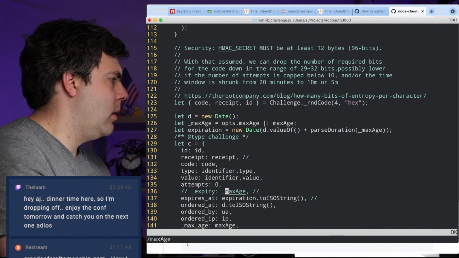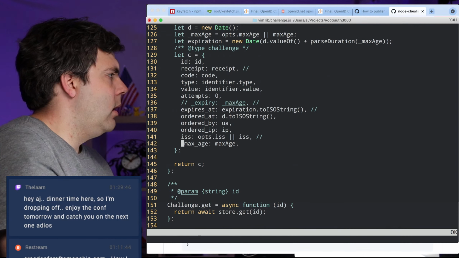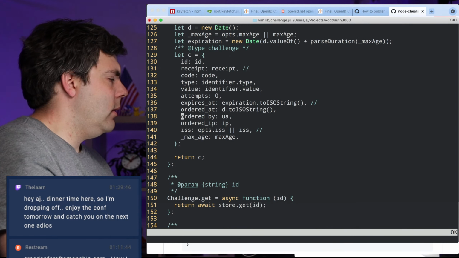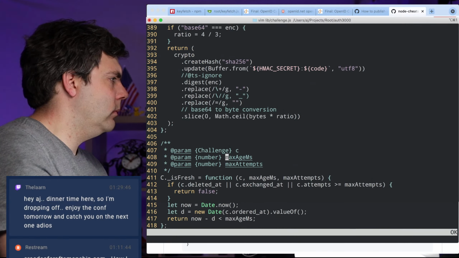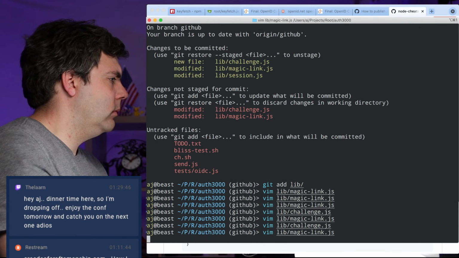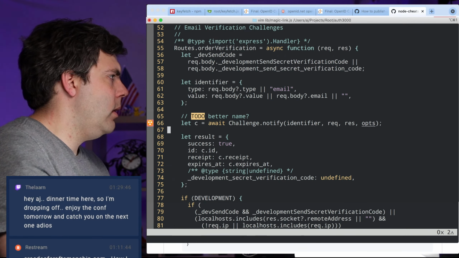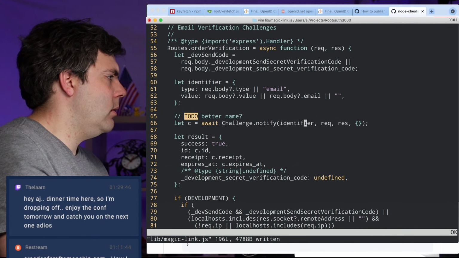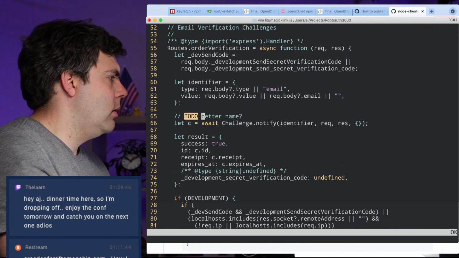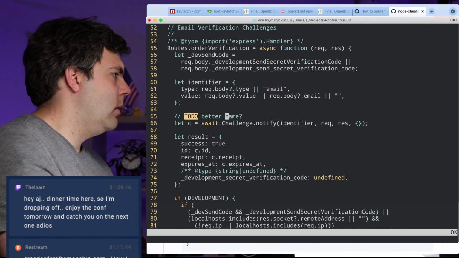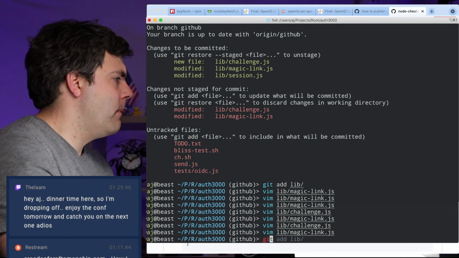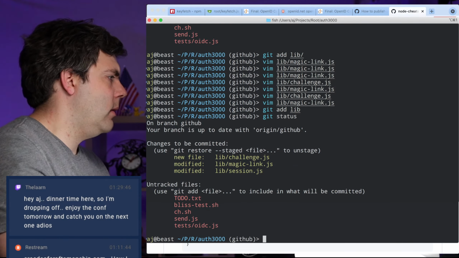All right. So with that, we'd still get access to the max age in a couple of places. All right, so here we get rid of the need for these options. I consider that to be a win.